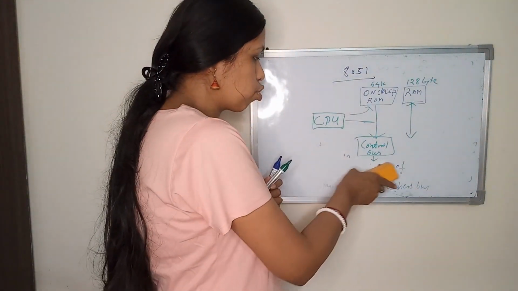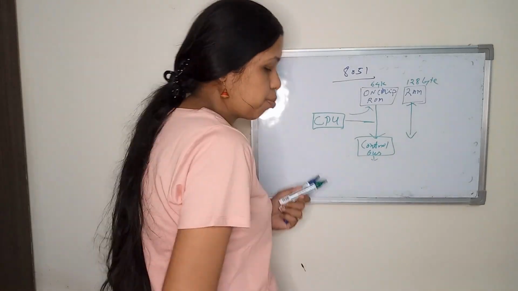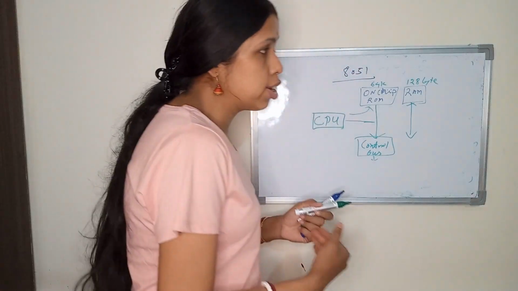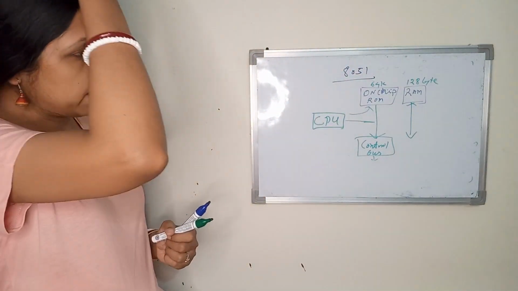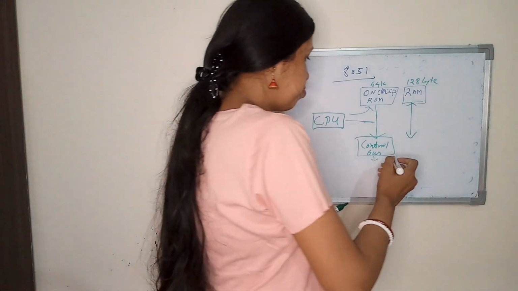So what is the control bus and how many bits are there, and through the data bus which type of information, what is the source and location for the data bus, this I have told already. Okay, control bus. So next is the